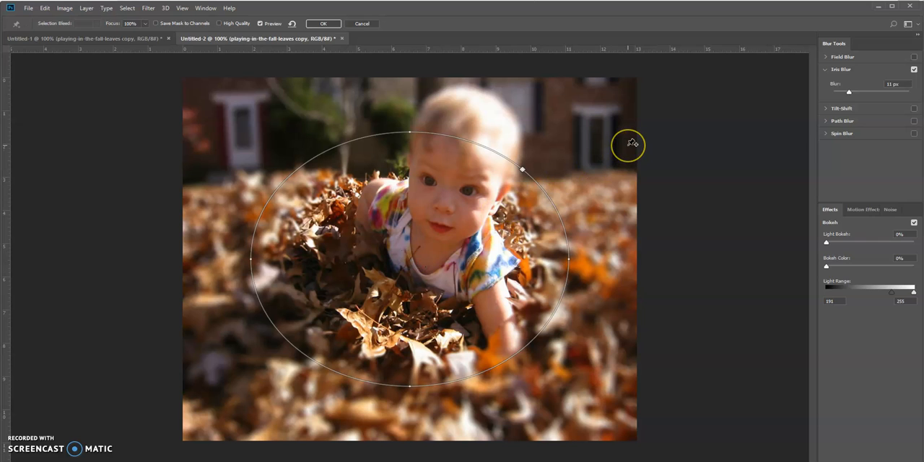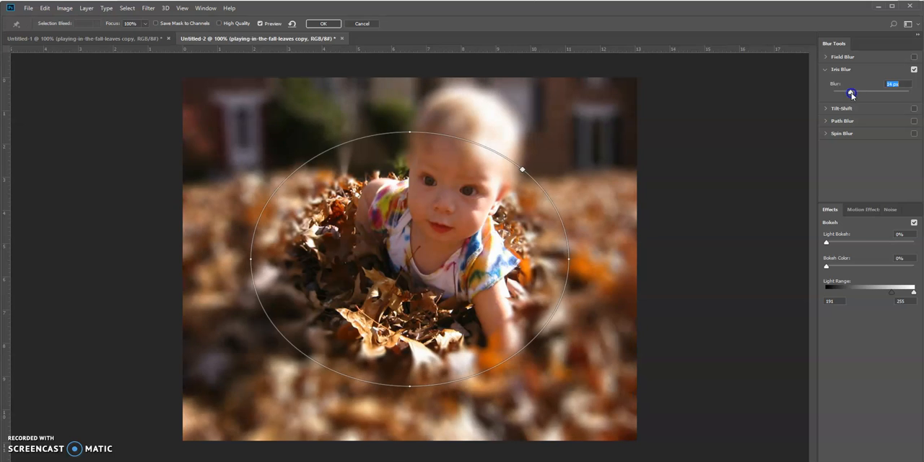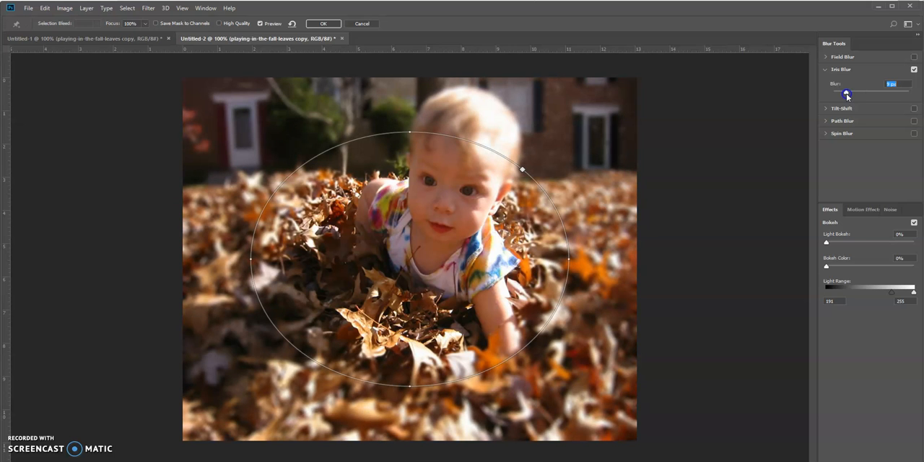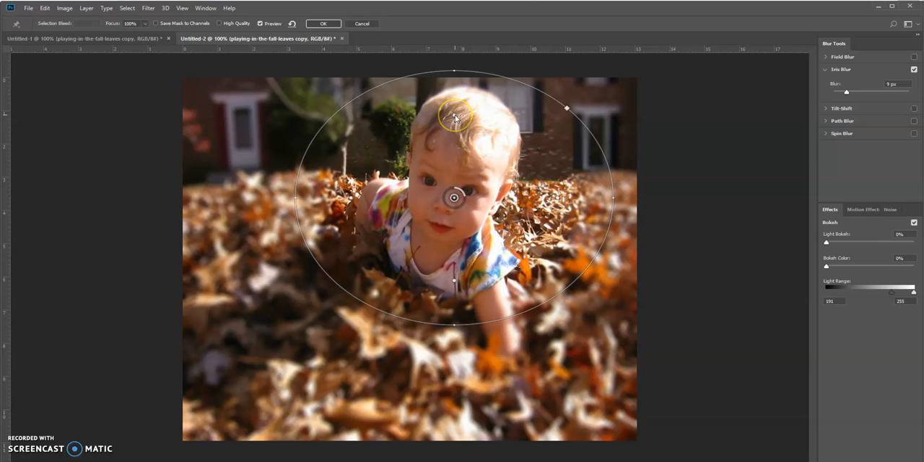You could also have the same effect by coming over here to the right, to the blur tools, and selecting your blur using this slider. It does the same thing. Also, what you want to do is drag this pinpoint over the area that you want to remain in focus. So let's now play with the feather handles and the ellipse handles here